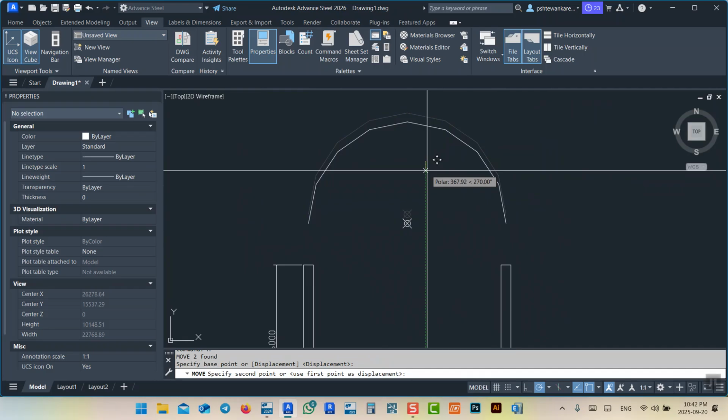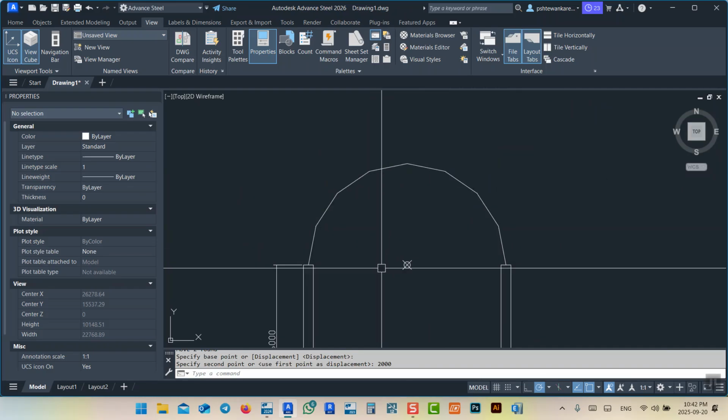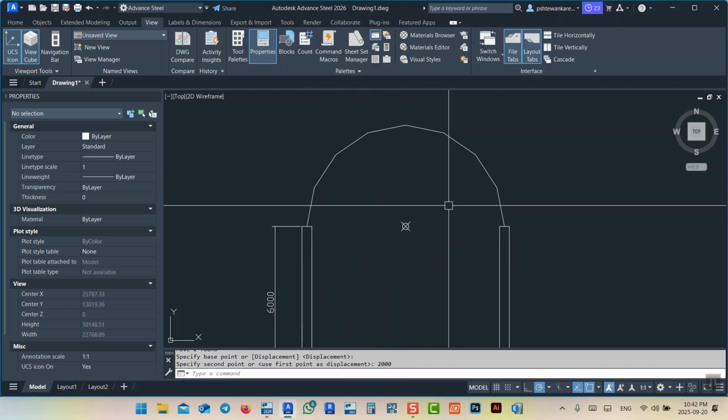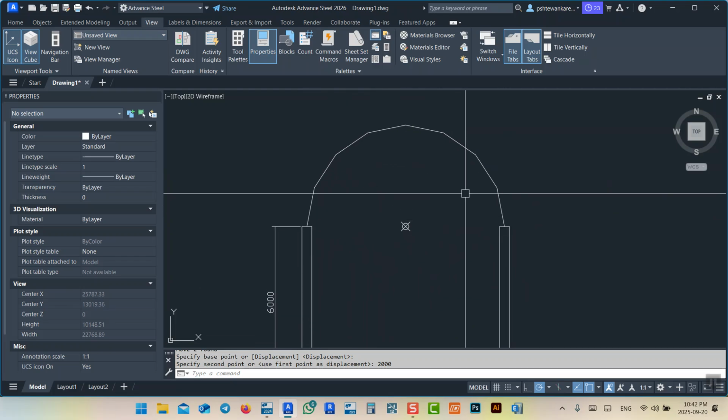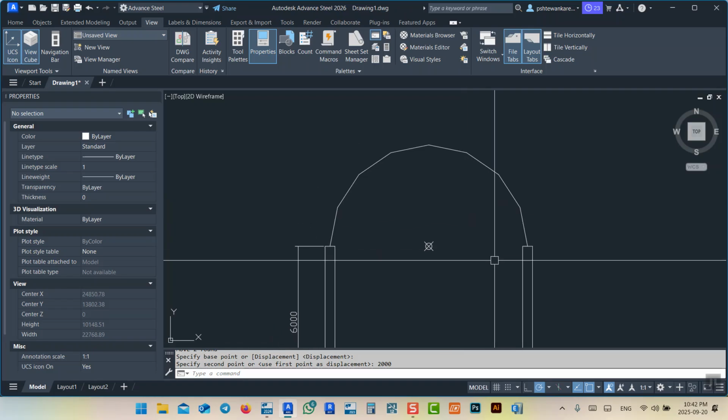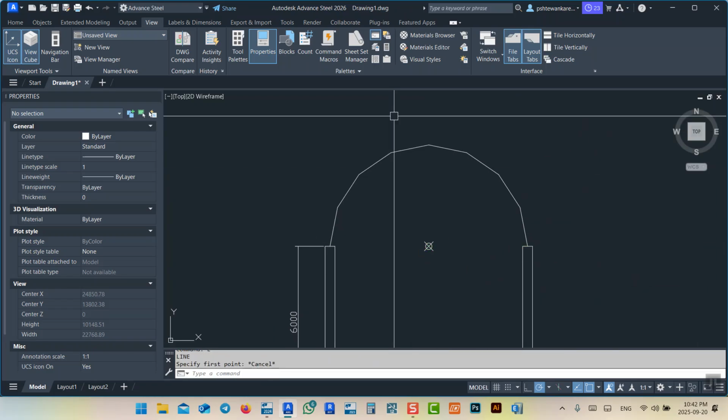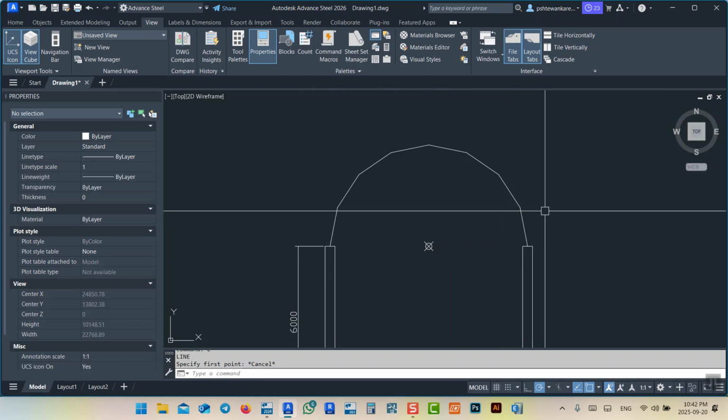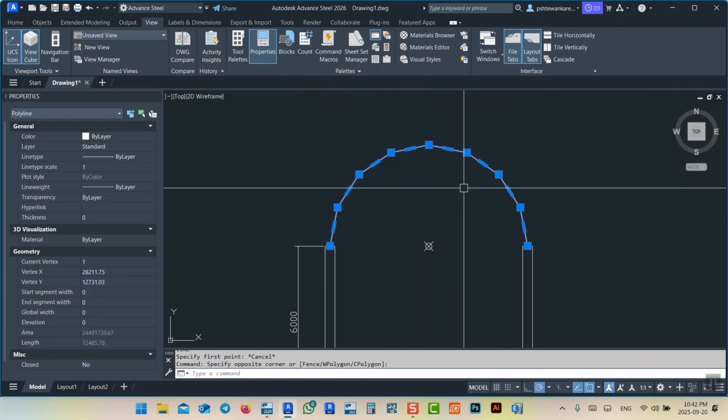Let's try to bring it down. We move it by 2000. Yeah, it's just like before. So it's okay for me. Okay. So what I can do now is take these AutoCAD lines, AutoCAD polygons, to